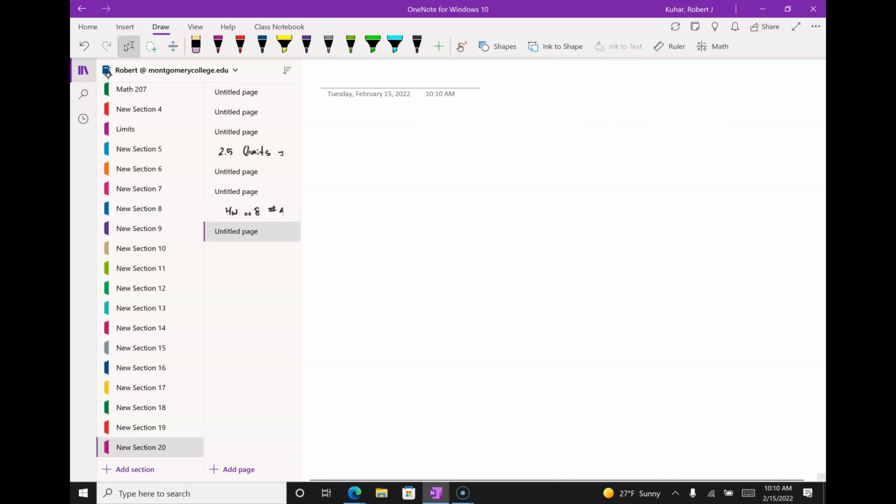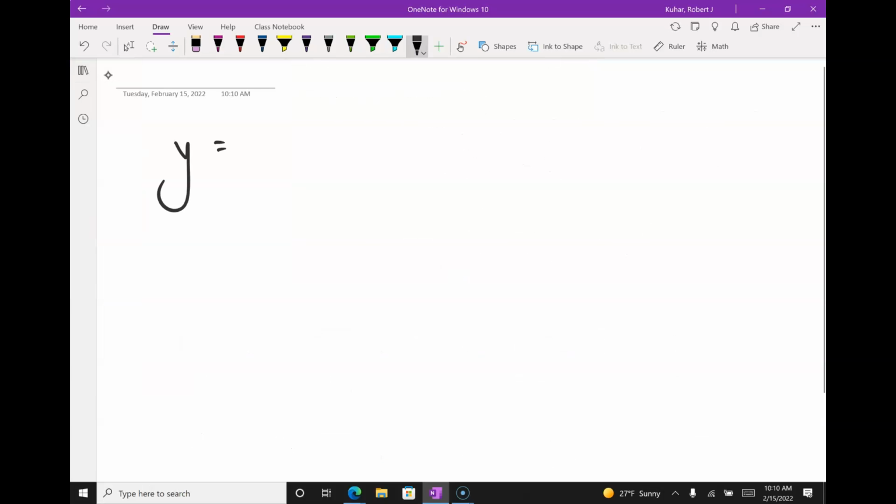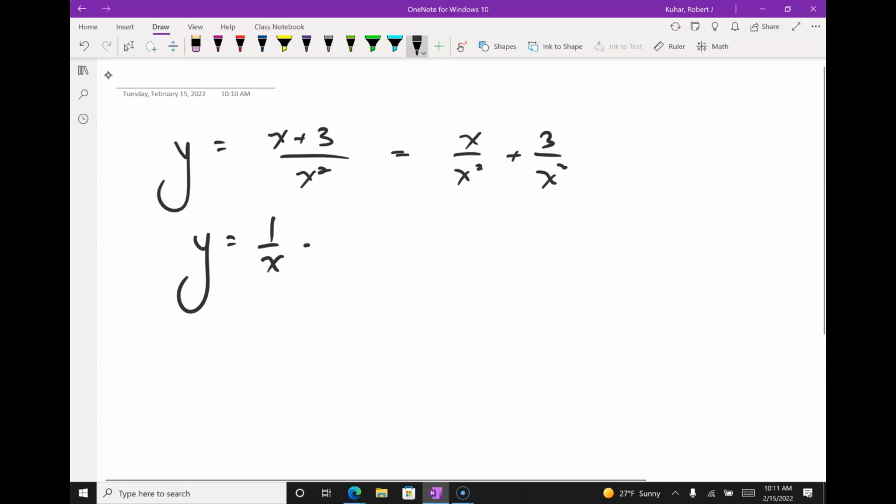If you look at problems in 3.1, it would have something like y equals x plus 3 over x squared, and they'd ask you to find y prime, and you'd have to do some divide and conquer thing, right? So when you have a single numerator and a multi-term denominator, you can split it up into two fractions, right? So what do I get here? I get y equals 1 over x plus 3 over x squared, right? And then now I can do my shortcut. Right? So this is 3.1. It's all shortcuts,